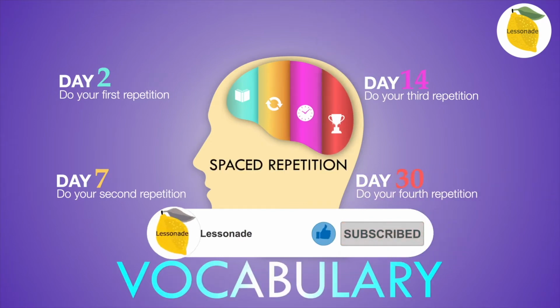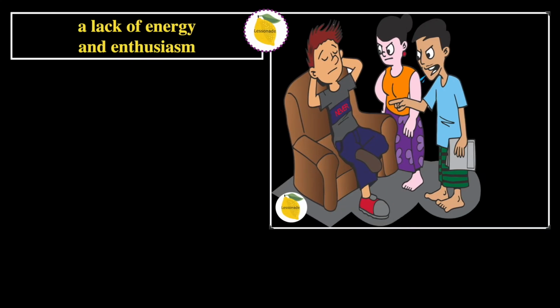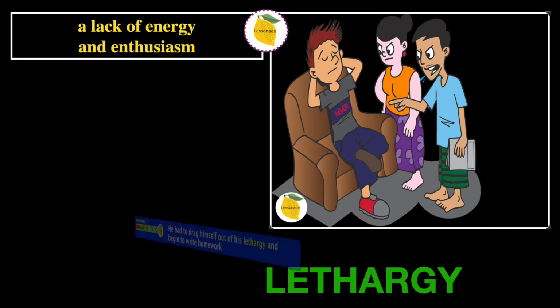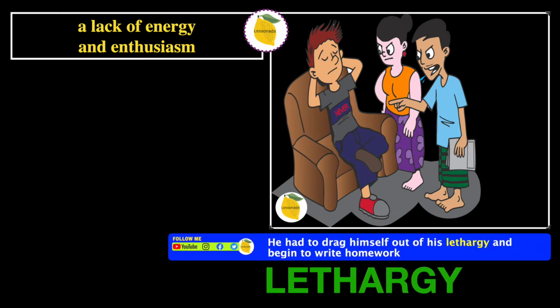A lack of energy and enthusiasm. In this picture, we can see a person with a lack of energy and enthusiasm, and therefore the word will be lethargy. And the sentence for this word is, he had to drag himself out of his lethargy and begin to